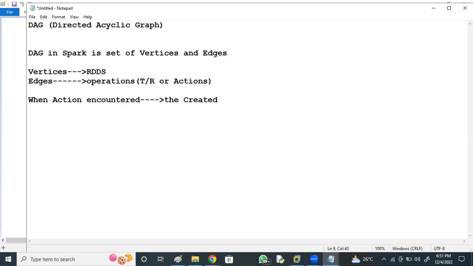In this way, you will see RDD vertex, edge, edge, edge. It is acyclic, not cyclic. You won't see any closed loop here, nothing circular. RDD1, RDD2, RDD3, RDD4, like vertices, nodes, and edges. When an action is encountered, the created DAG